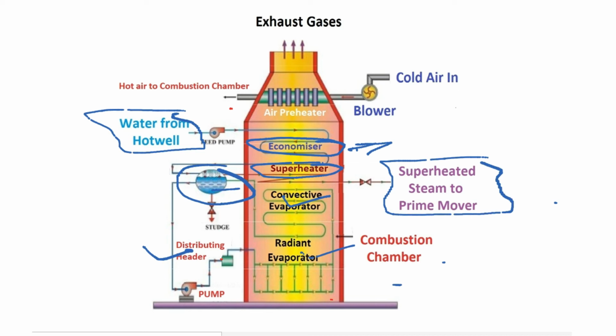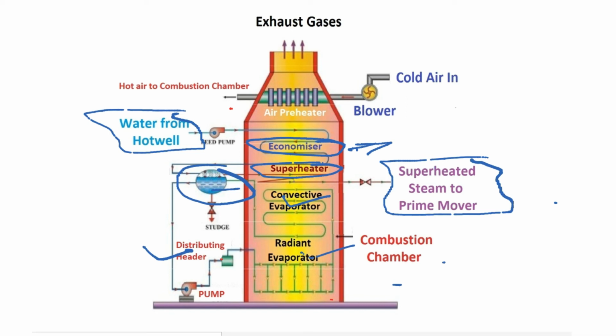prime mover, or we can say turbine, and it will produce electricity. So our objective is to generate superheated steam, because we have already discussed there are many advantages of superheated steam. It will increase the life of the components of the boiler, and reduce corrosion and erosion in the parts. So these are the advantages of superheated steam. If you want to clear your fundamentals, then you can watch the function of the economizer and superheater in my